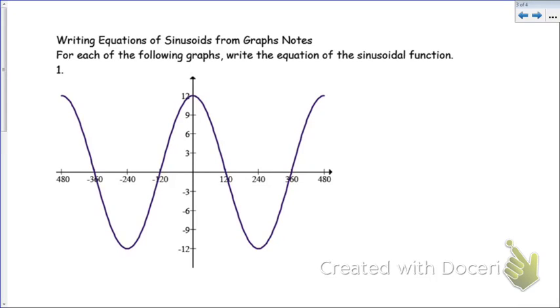Alright guys, so today we are doing basically the opposite of what we've been doing all week. All week we've been given an equation and we were drawing the graph from it. Now you're given the graph and you're going to try to write the equation from it. So what we're going to use in order to figure this out is that original equation that we looked at